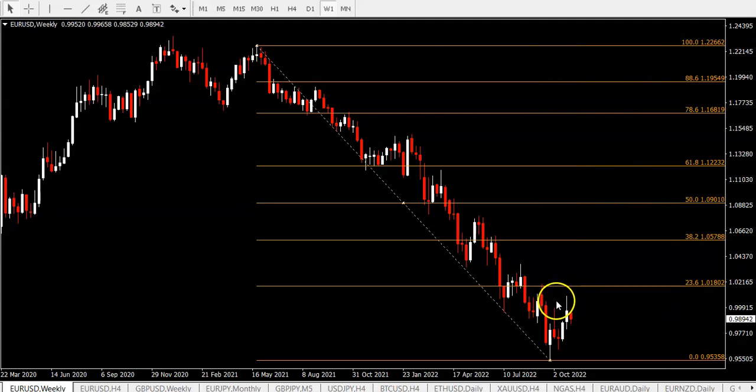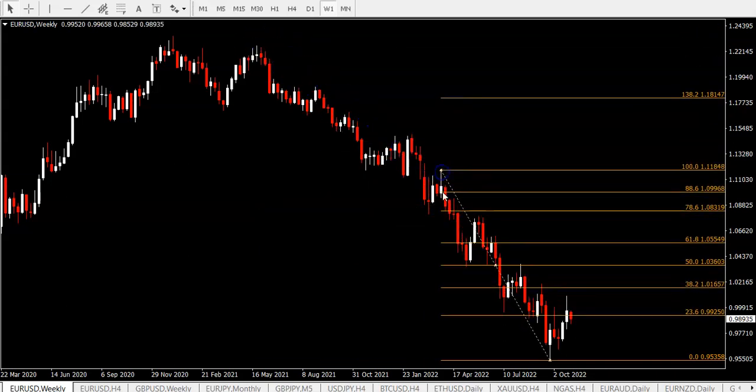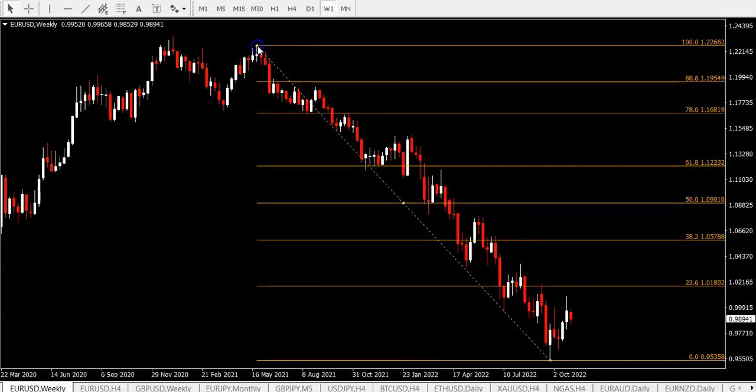So also the length of a wave 4 will say something. If this goes on for a couple of months, this is a wave 4 of this degree. Whereas if it's a couple of weeks, I would say it's a wave 4 of this degree. Even up to the end of this year, it could be a wave 4 of this degree. Whereas if it goes beyond next year, I would say it's rather leading towards a wave 4 of this degree.